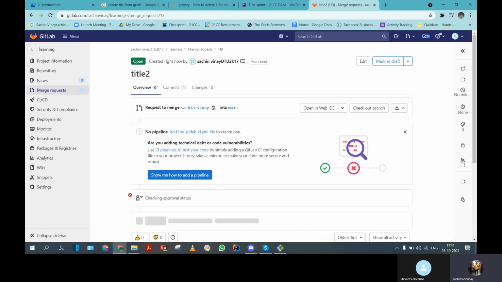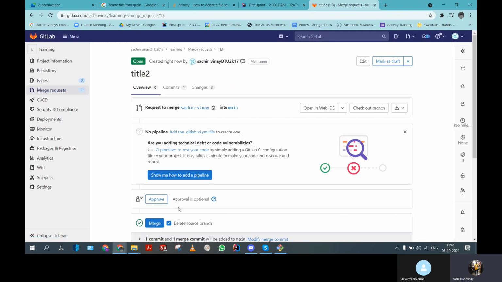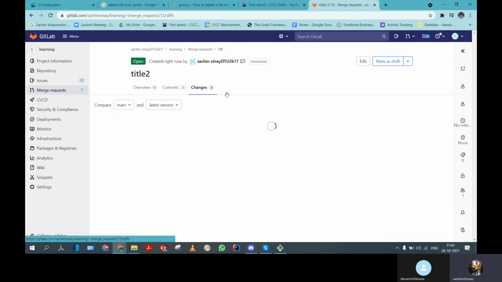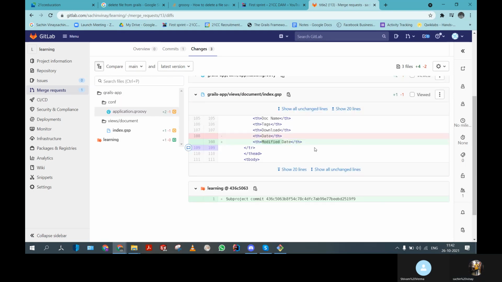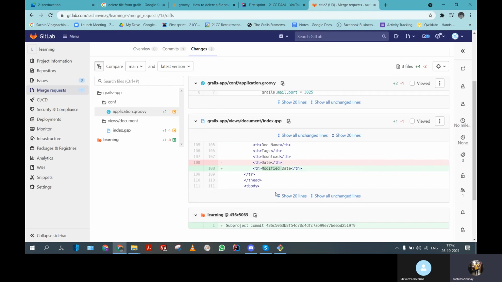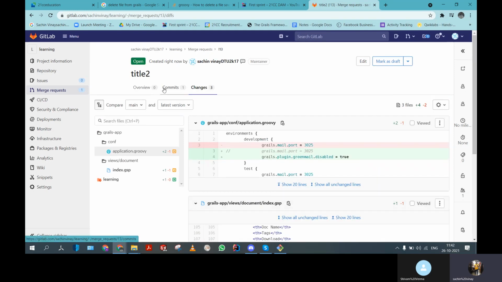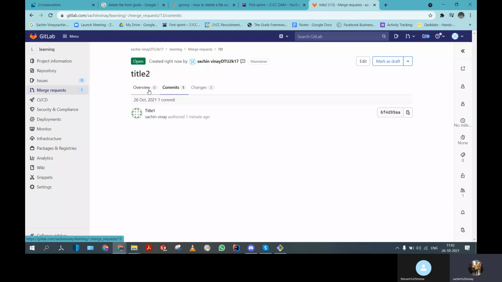And I want to add one more step: you can see the changes that have been done inside the merge request.